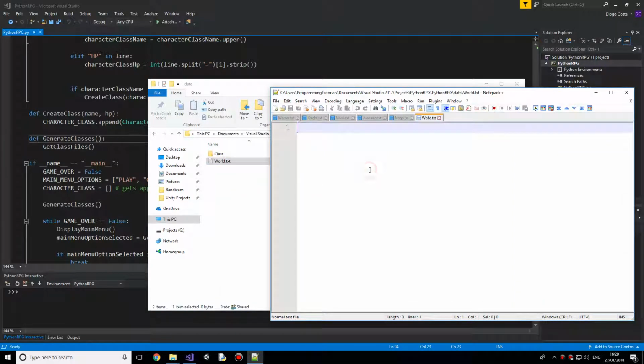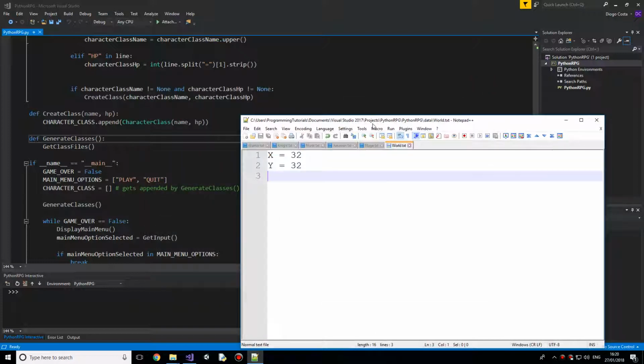And all it's going to have is an x value of 32. Let's do x value and y value of 32. So it's going to have those two values. Our world will also have